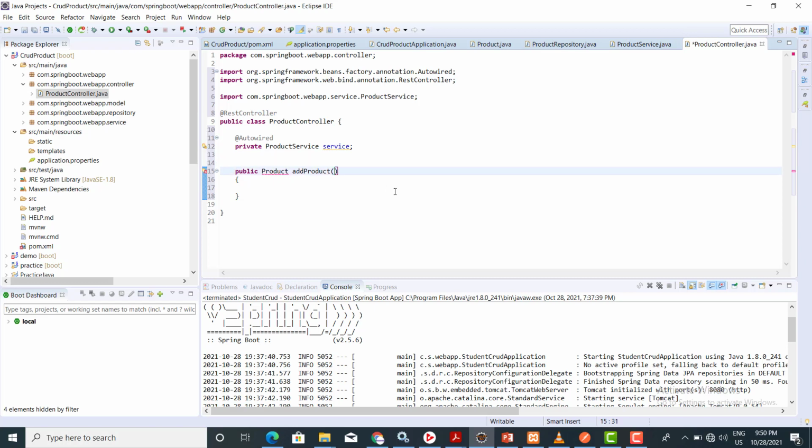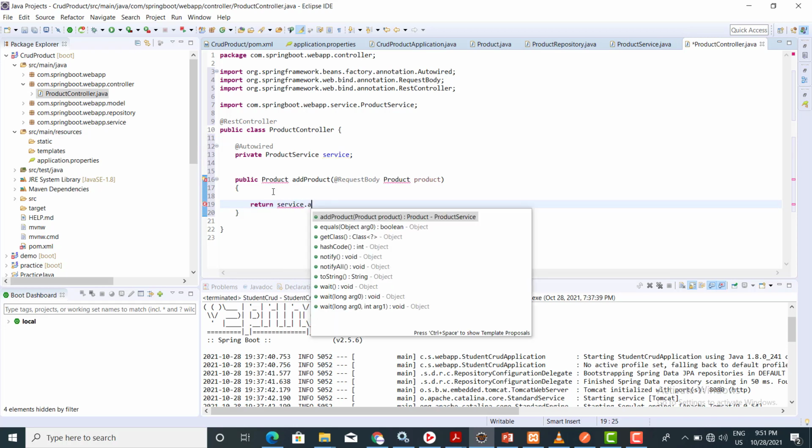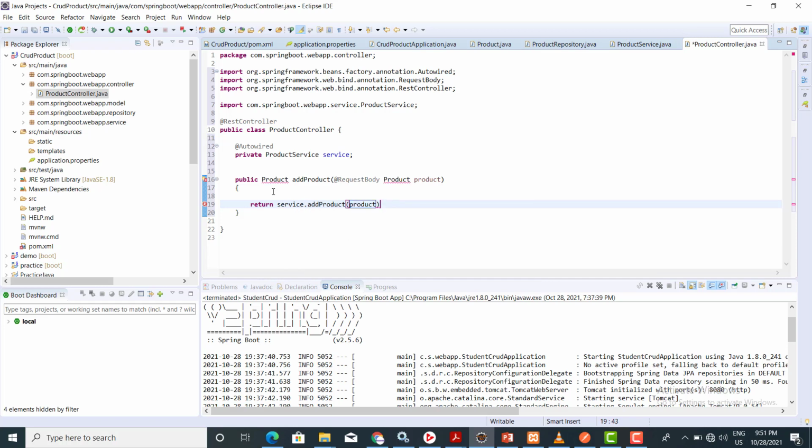Now we want to pass values, so I am using the annotation @RequestBody. I am passing the values of a product object. Now here we want to return the values, so return service.addProduct and the object of the product.